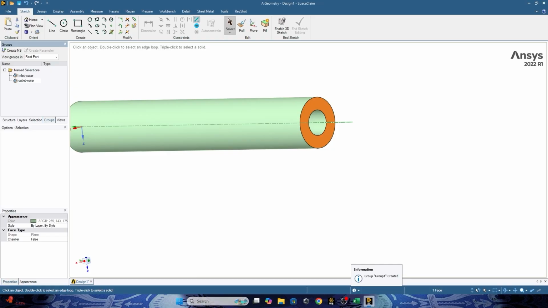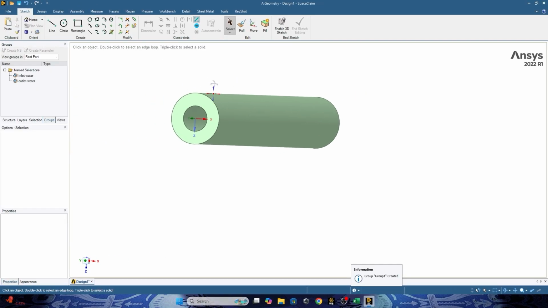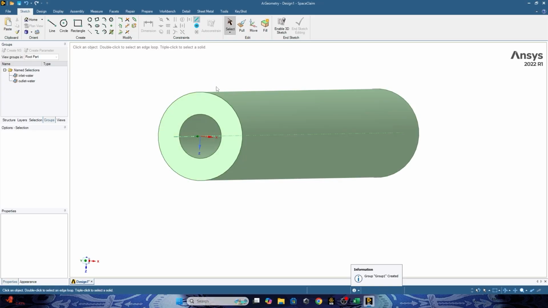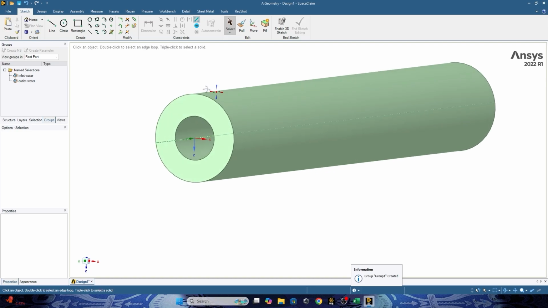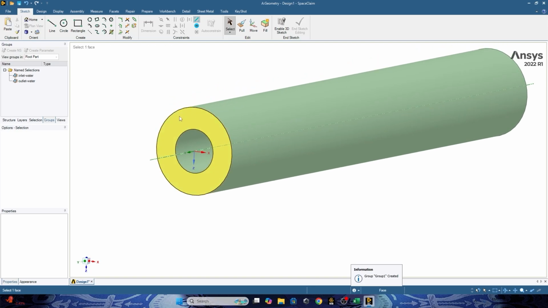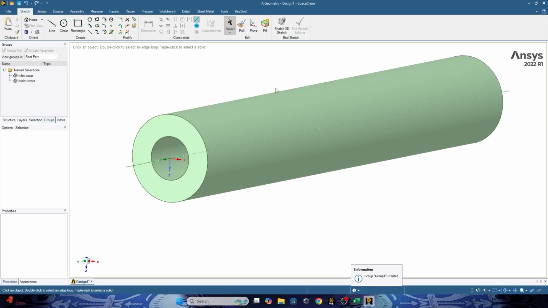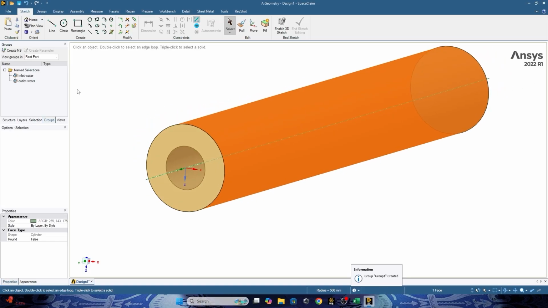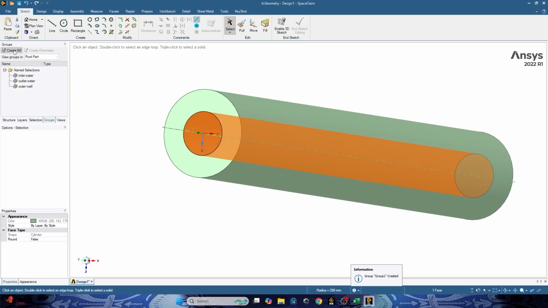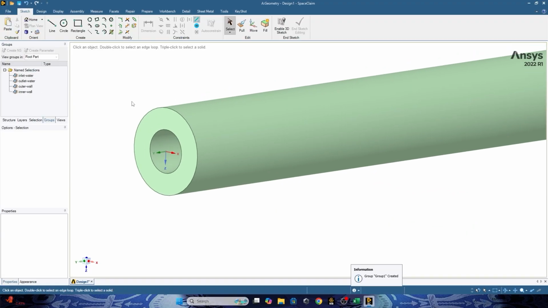Then we have the outer wall to keep the fluid flowing through the tube, and there will be the inner wall to separate both fluids. That's the boundary conditions for the water domain.